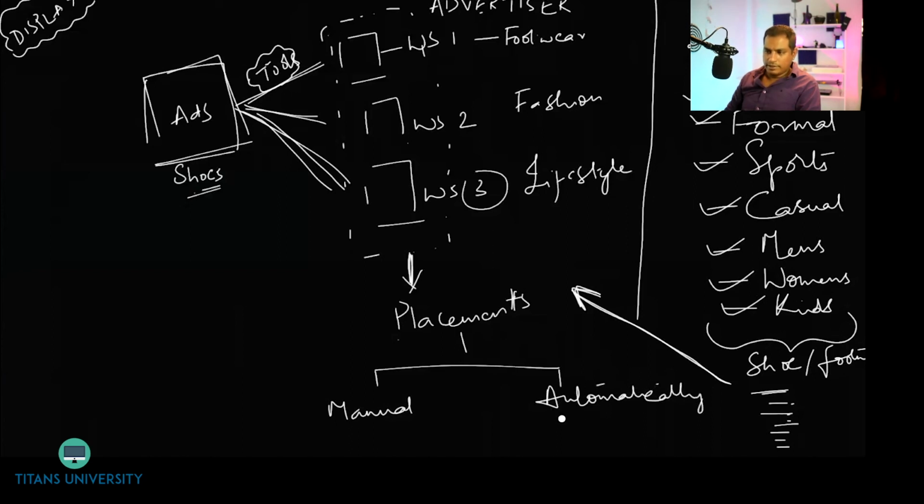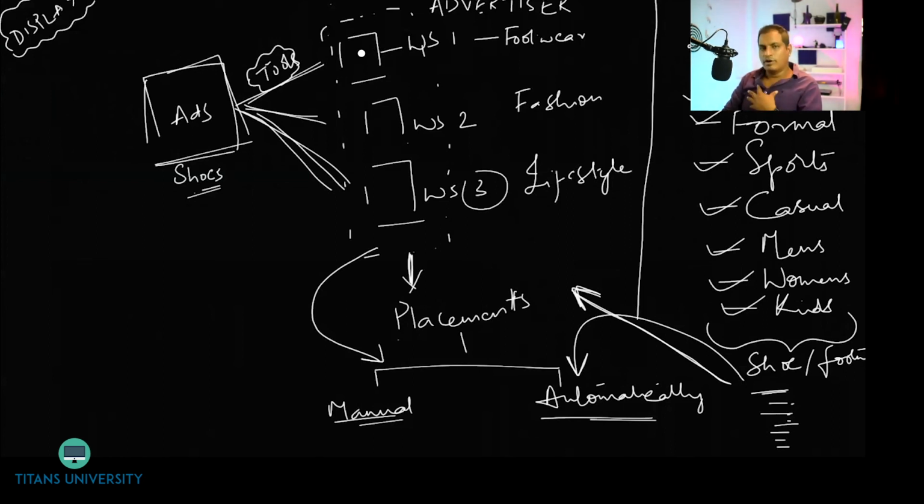These are called automatic placements. These are called manual placements. So where you find the websites, they are manual placements. Where Google helps you find these websites, they are automatic placements. So this is pretty much it. If you observe, you can either find placements or you can find keywords and give it to Google. Google will find out the placements that best describe your business. Or you could just find the placements directly by yourselves. Either way, you either have to give keywords or placements.